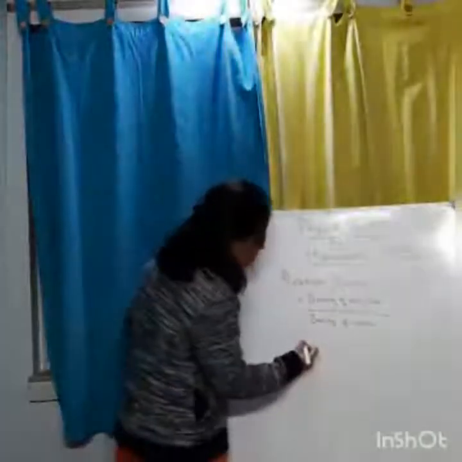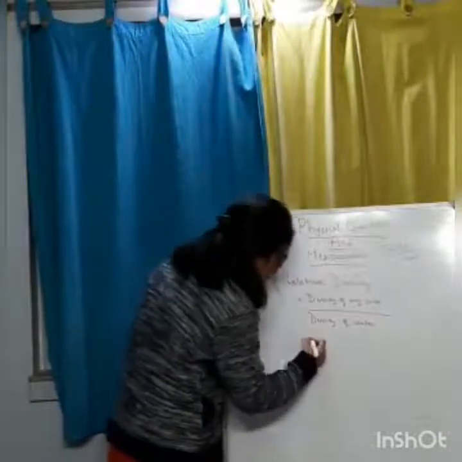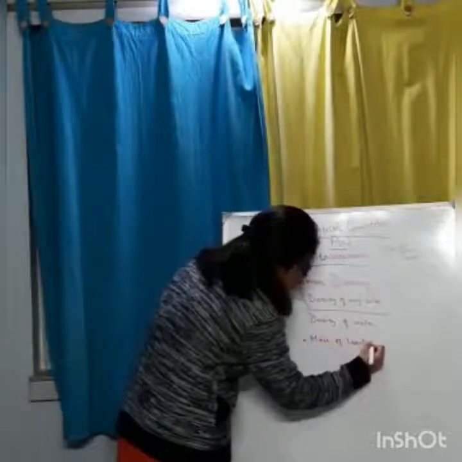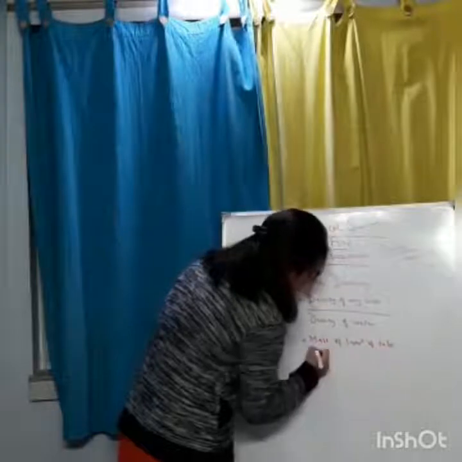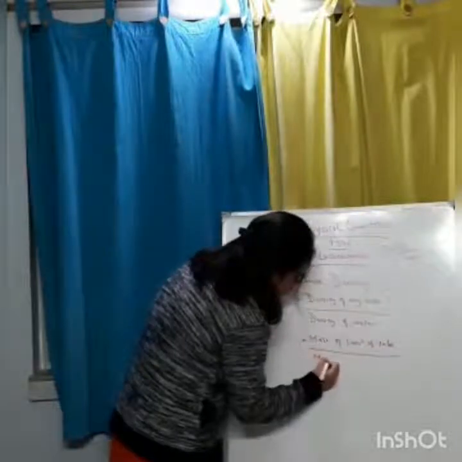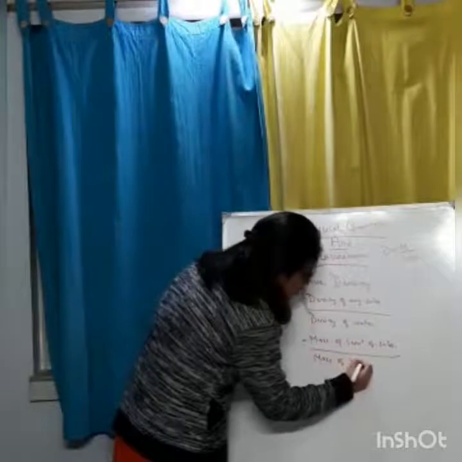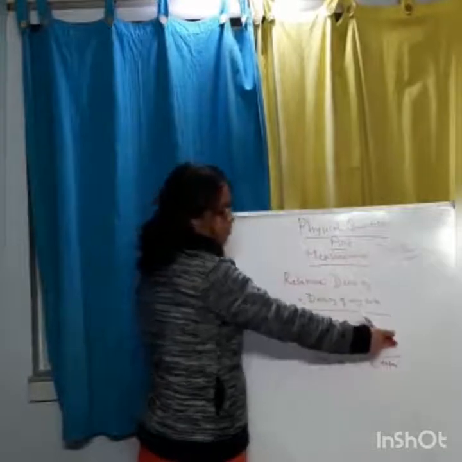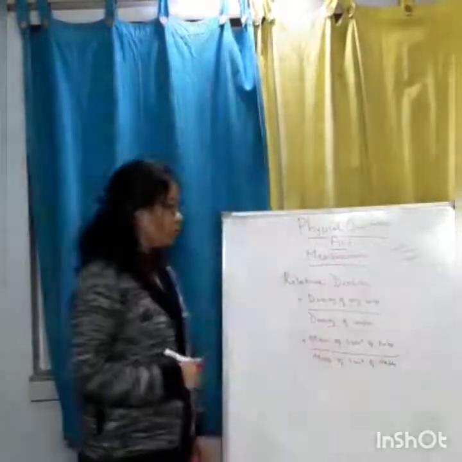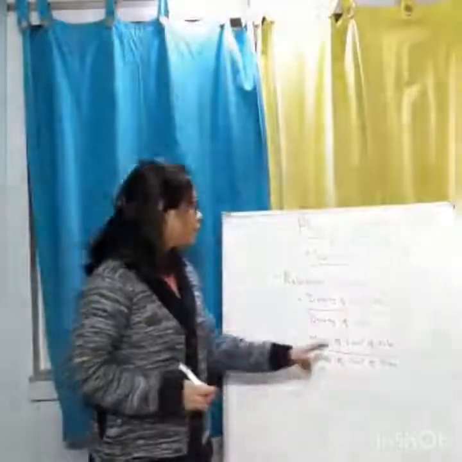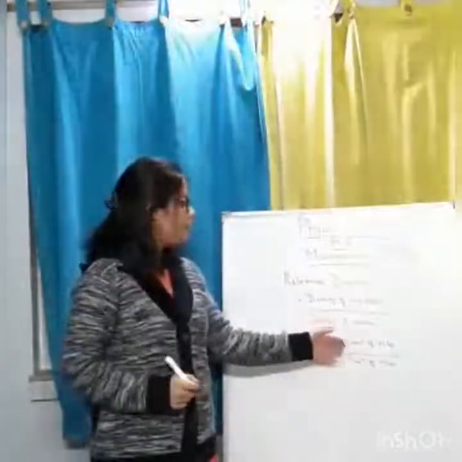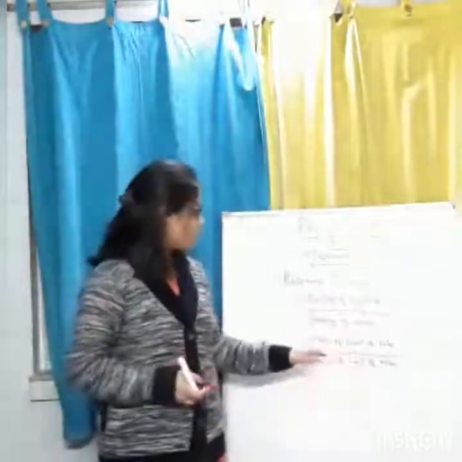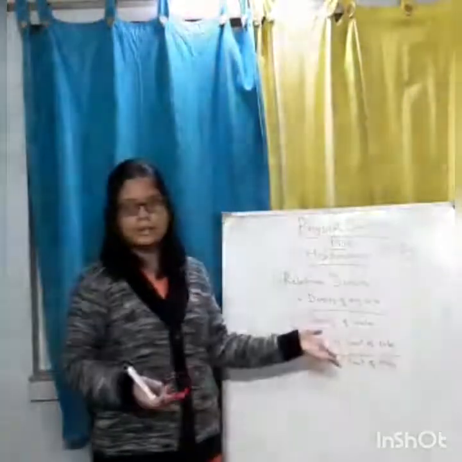So instead of density, we can write mass of 1 centimeter cube of substance divided by the mass of 1 centimeter cube of water. Just in place of density, we are writing this. Now by unitary method, if I can write 1 centimeter cube here, I can replace it with V centimeter cube, where V is any volume, because the ratio will remain the same.